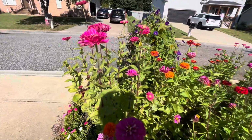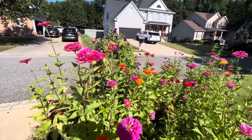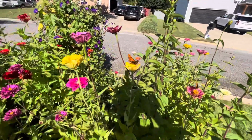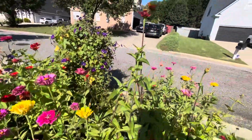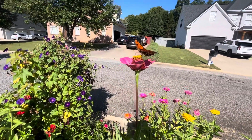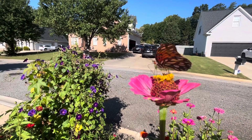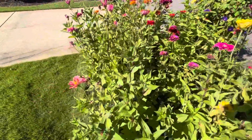They are now 4.5 feet, even 5 feet for this one over here, one that has a butterfly on it. I'm trying to get a little closer view. Gorgeous little butterfly. They love the zinnias. And there he's back again, just trying to decide which flower he wants to stay on. Get lots and lots of butterflies and moths in this garden. Between the zinnias and veronica that we have in the backyard and our butterfly bushes, we get a lot of